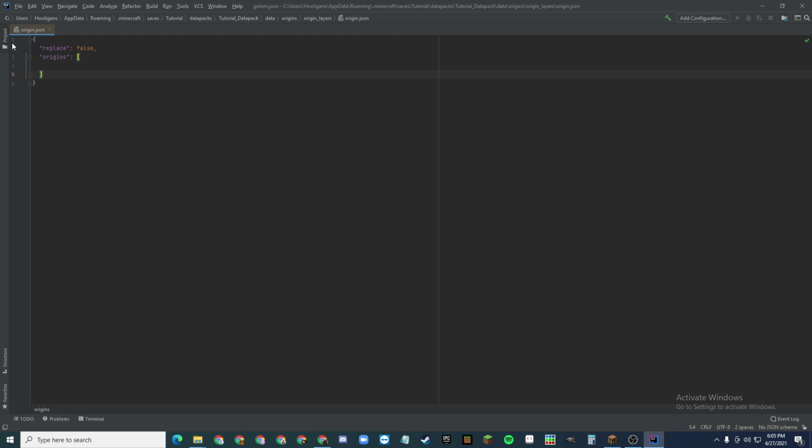You add replace, and then if it's false or true, so false means that you're just adding on to the list of origins that already are. But if you want to make, say, a rework of the origins, let's say you want to change feline because it's garbage, you'll put this to true, and then you'll list, say, Origins Endirian, right? And then after that, you'll say